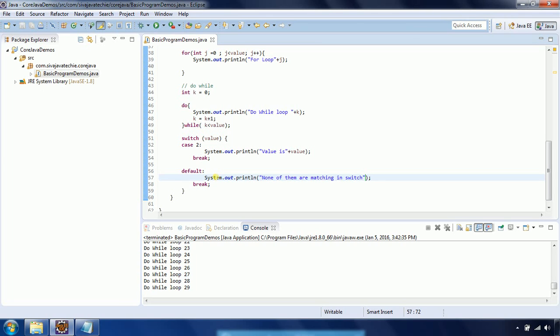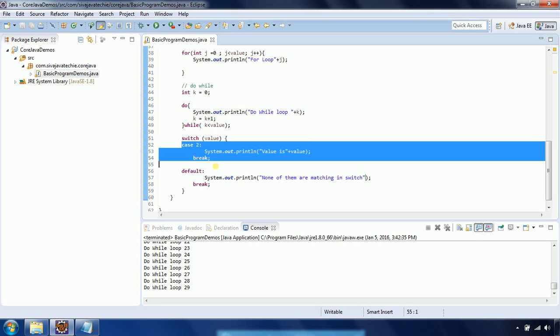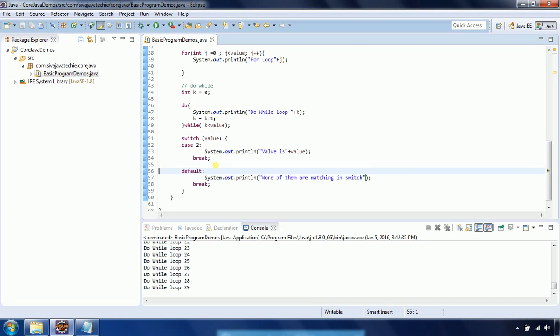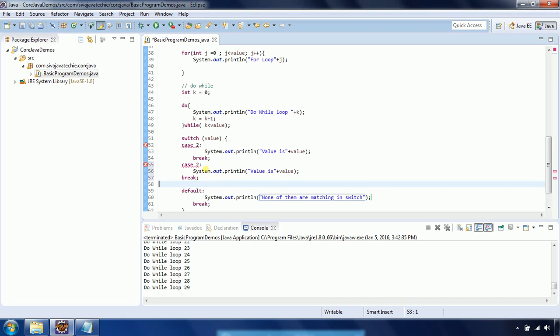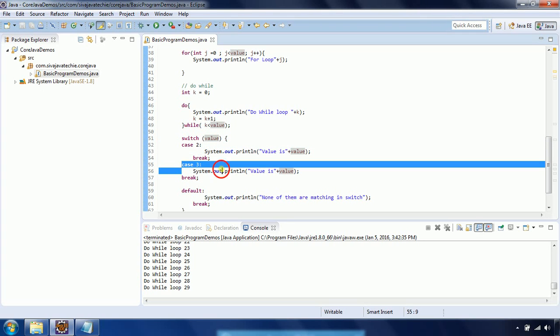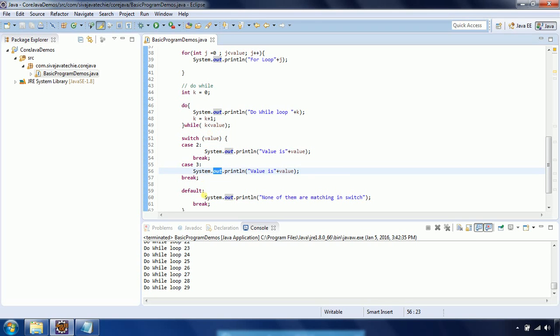What the switch statement is going to do is, first it takes the input, takes one value, and matches it. For example, in the switch statement we can have multiple cases, and here I can give a value of 3. Now whatever input value you give, if it matches at least one of the case statements, then that is going to be executed. Otherwise the default statement is going to be executed. If we don't